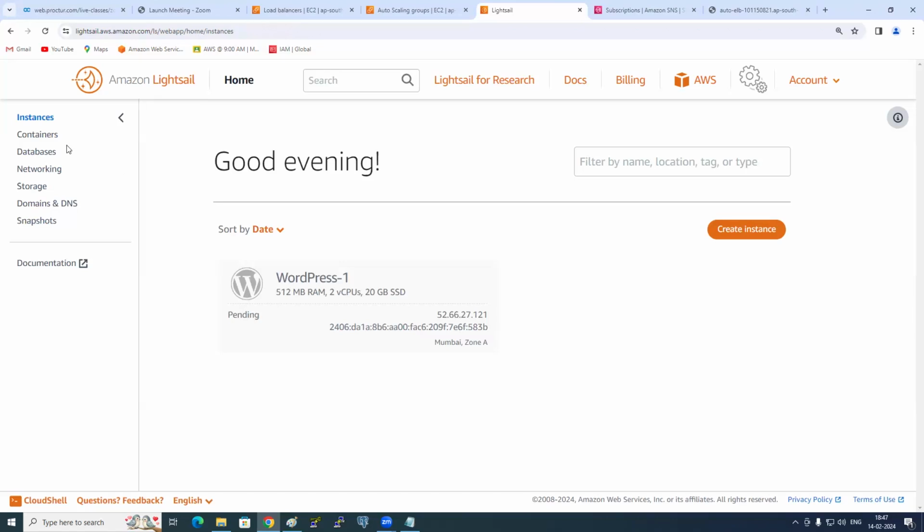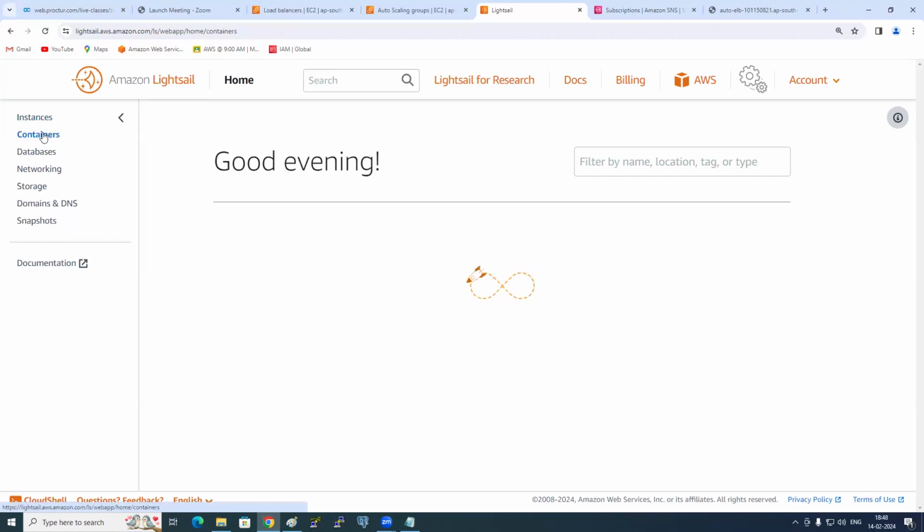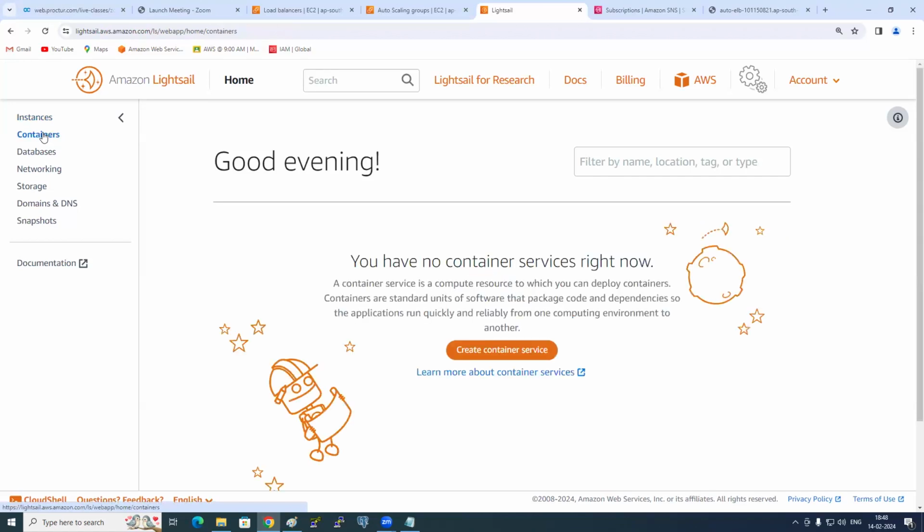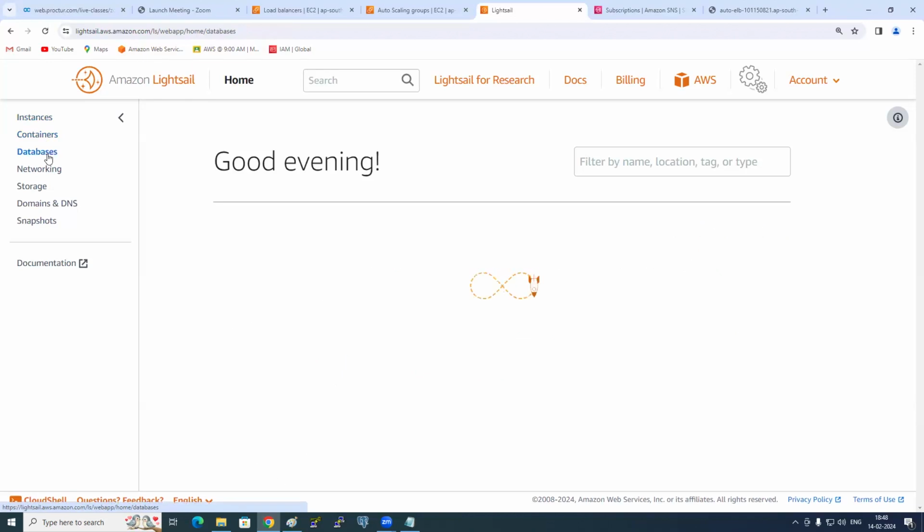And containers, we are not going for it because containers are related to Docker, remember, Docker containers and all. If you have experience in Docker, then you can create the containers here also instantly. Databases. I told you, do you need to go to RDS?